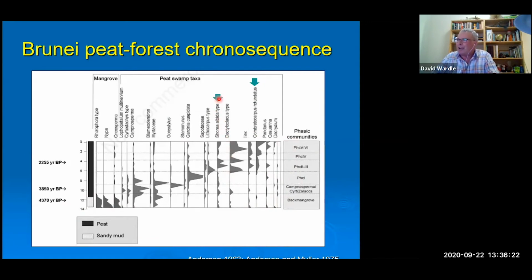The first is Shorea albida. In the peat domes that Alex and Charlie and others work on, they're dominated by Shorea, which is a massive tree. It goes about 50 meters in height, and it's a dominant feature of the landscape. We believe, however, that as nutrients get more limiting and they can't access phosphorus from the rocks,